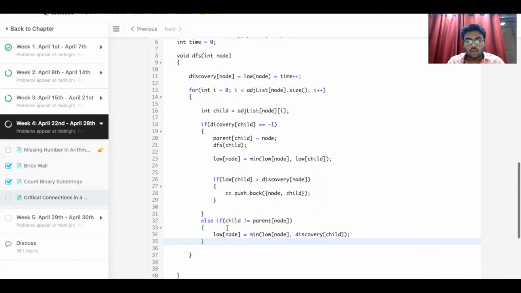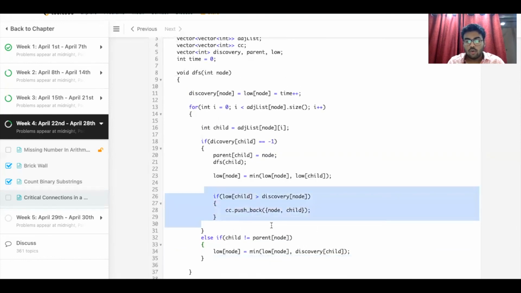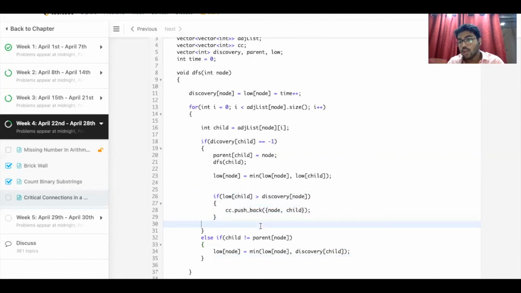If low of child is greater than discovery of node, we push back into the critical component vector and store the answer there.